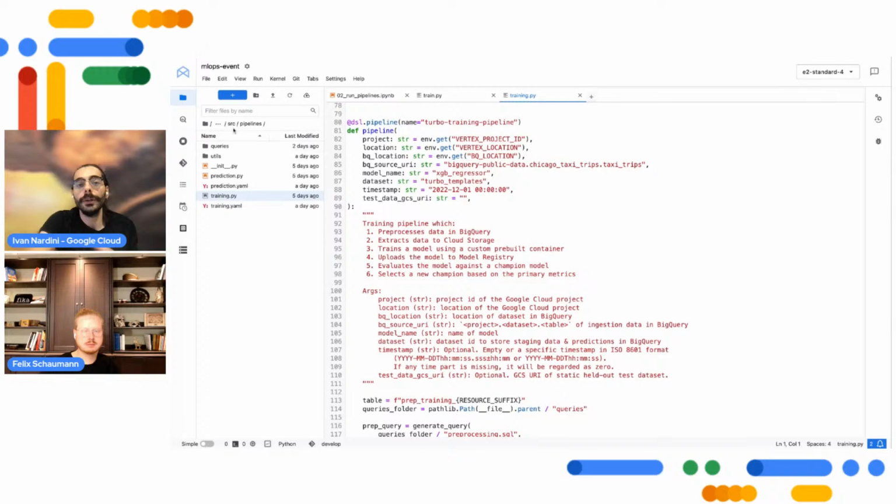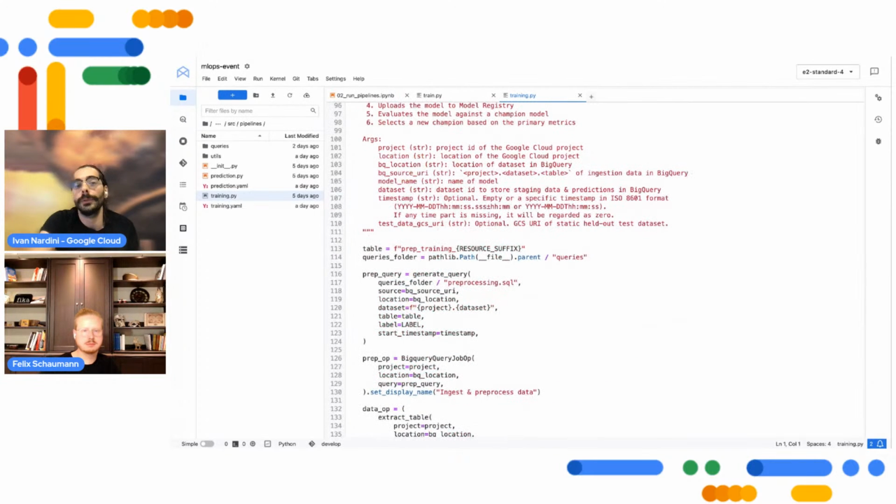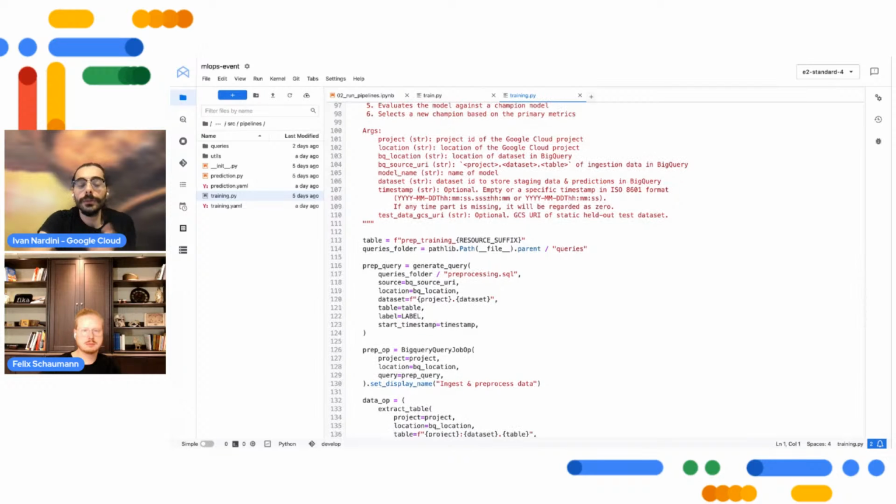And for example, as I mentioned in the presentation, you can also think to reuse some pre-built pipeline components. In the Turbo template, you have some pre-built components, for example, to interact with BigQuery, just to give you an idea. So once you get one component for each step of your machine learning process,